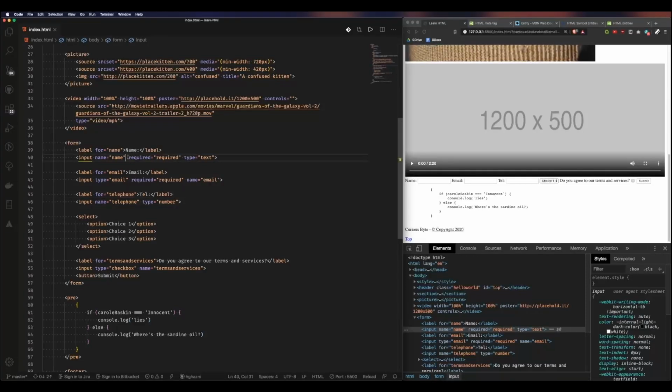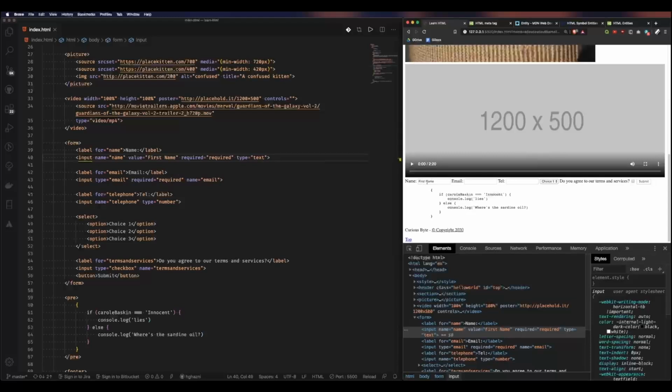Now the other great thing that was added was placeholder attributes. With inputs, you can actually set a default value and a default placeholder. For example, with an input, we could say the default value is first name. So by default, you can see that the first name is set to first name, but it's something that you can delete and you can edit and it still actually stays there. So for example, if you don't delete it all, part of whatever the value was gets submitted as well,